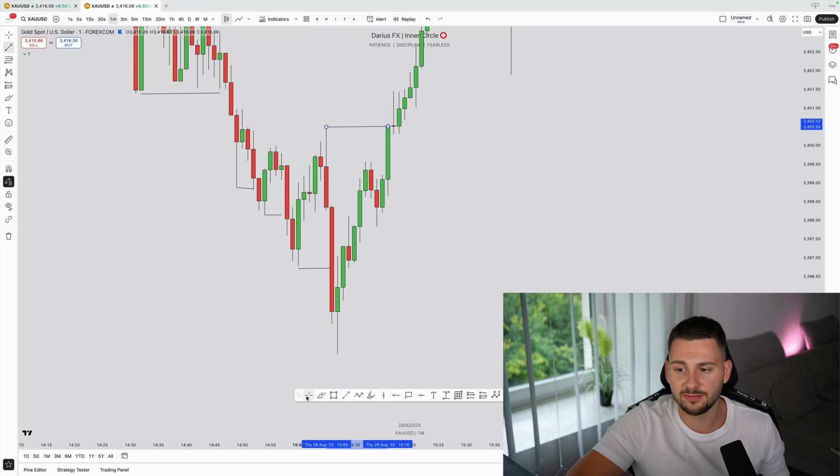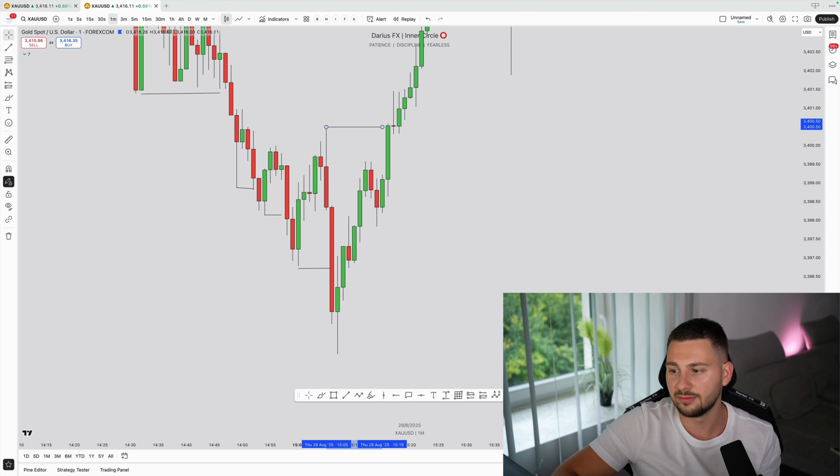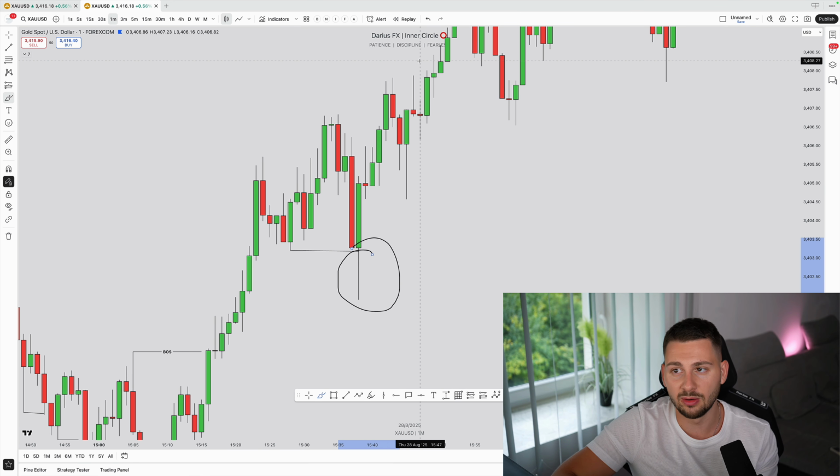Breaking structure above, you see, it's a valid breaking structure. Boom. And now, as soon as we see that, price is again ready to go higher. You know, what happens here? Well, this is not a breaking structure, right? You see higher highs, higher lows, and this, no lower low, no nothing. This is just a higher low at the end, but not a valid breaking structure.